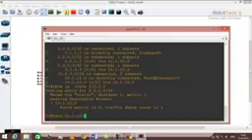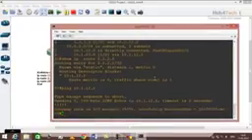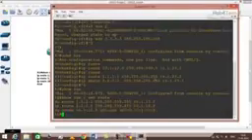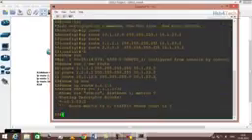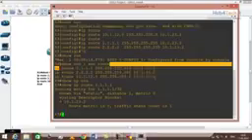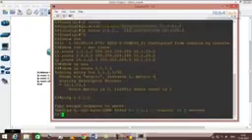If this network is not reachable, then the static routing configuration you did is not valid, right? So for verification, you need to check like this: show IP route 1.1.1.1, and you need to find the next hop, and you should have reachability to that next hop anyhow. Otherwise, the command which you have run for that particular route is not valid, right? So through this way you can verify